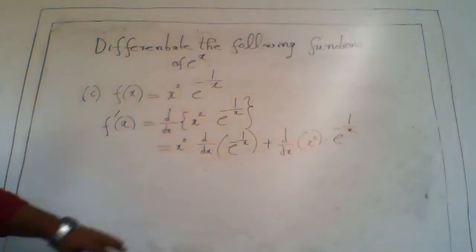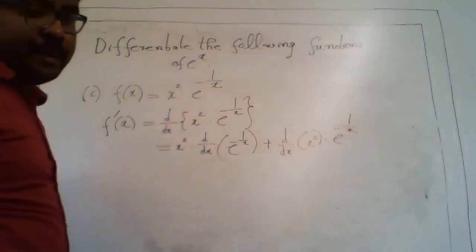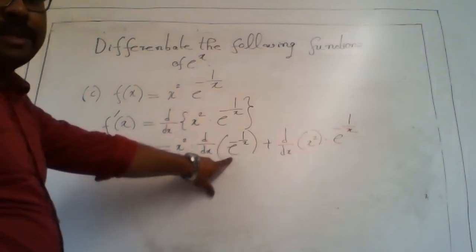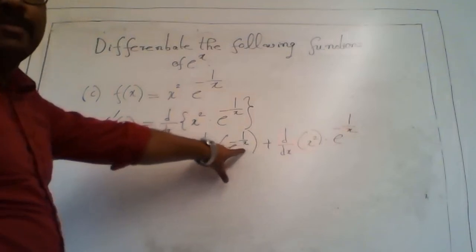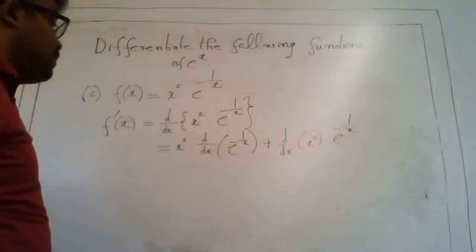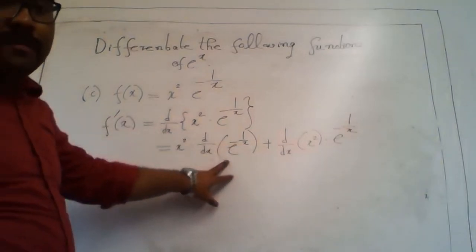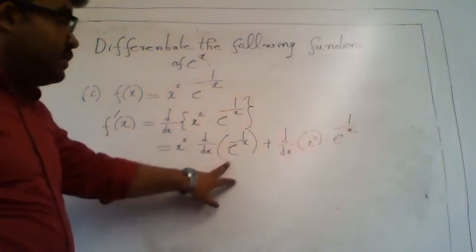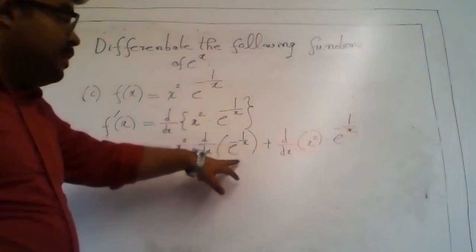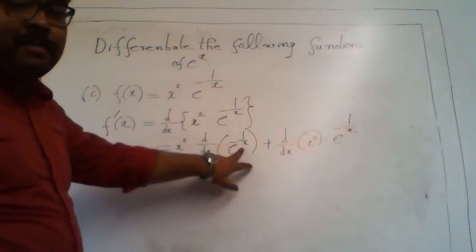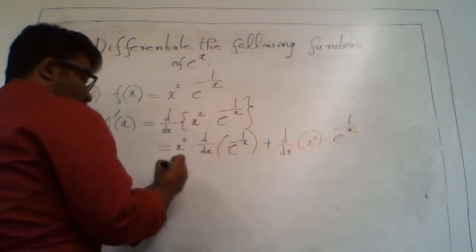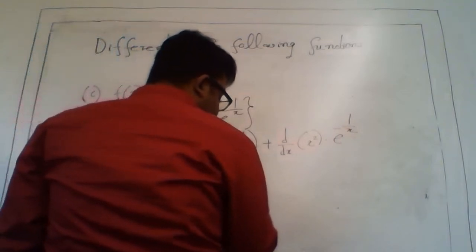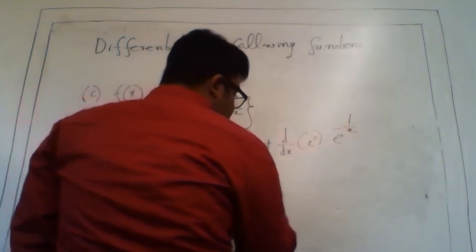Now d/dx of e to the power minus 1 over x. So here the outer function is e and the inner function is minus 1 over x, okay? The d/dx of e to the power x is e to the power x, but we have to replace x by the inner function, which is minus 1 over x. So if you apply chain rule, e to the power minus 1 over x times derivative of minus 1 over x